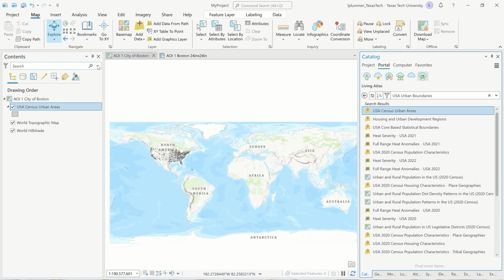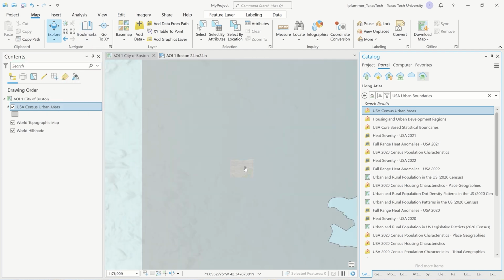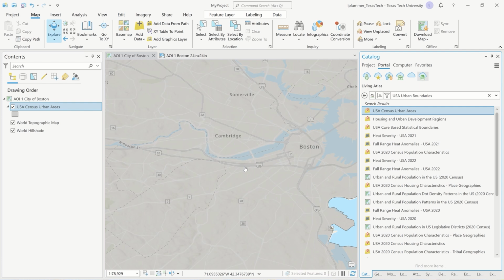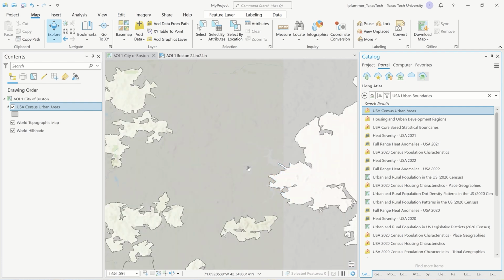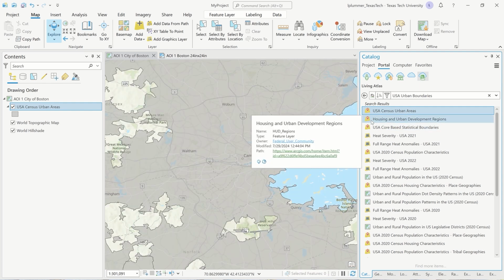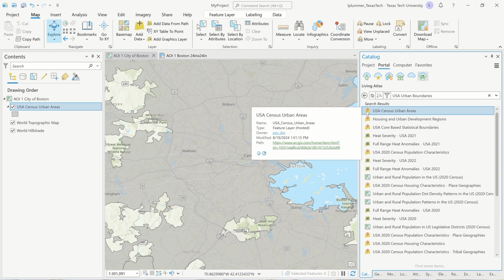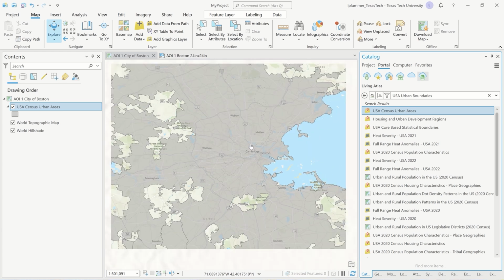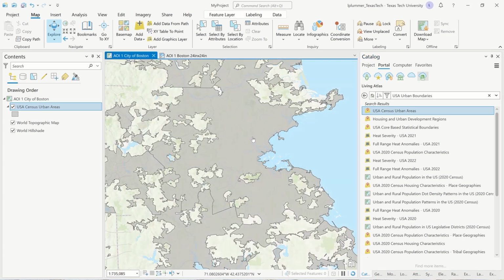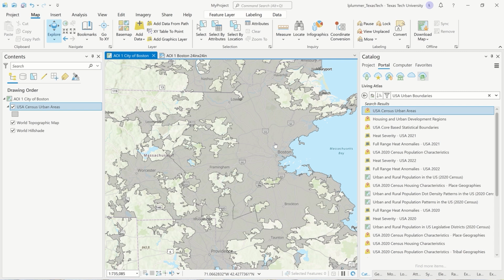And I think I made a bookmark up here for the city, Fenway Park actually. Okay, so I'm going to need to zoom out here, and anytime you get a layer from the Living Atlas that has this icon on it, it's called a feature layer. All right, these are the good ones. These are great to work with because what you can do, wow,